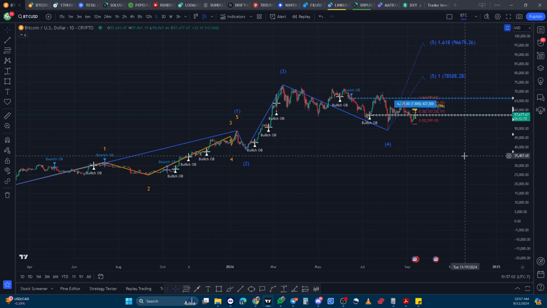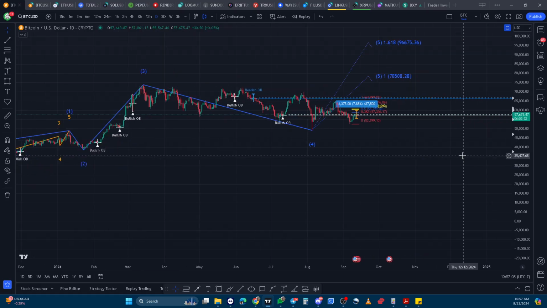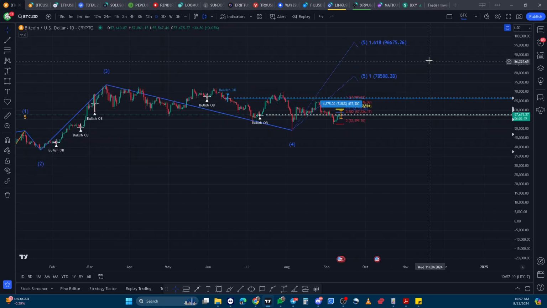Revisit this area. Where is it? Yeah, this area down here. Even this valley at 26K is possible, and then we reset the market for another 2 years. Ideally, we want to go to 78K before, honestly, we want to see 96K after October, after November, before the end of the 2-year cycle high is